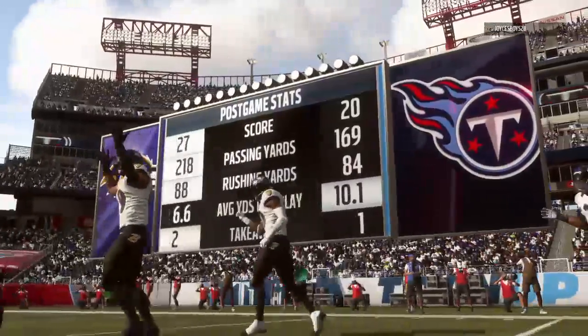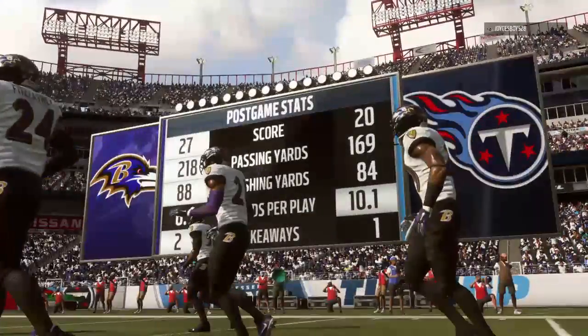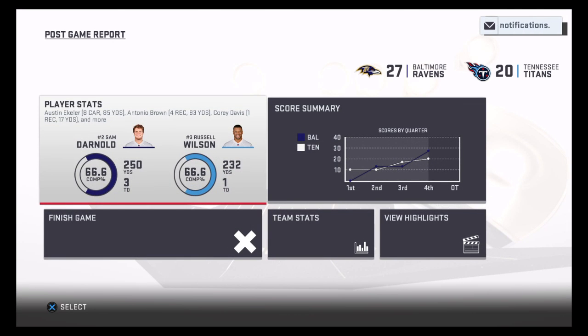So for Baltimore, they boost their record up to a strong 4-1. And they'll return home next week to take on the Cincinnati Bengals. Meanwhile,